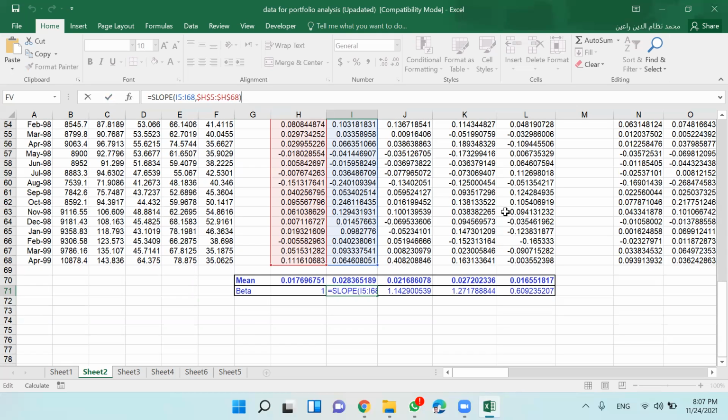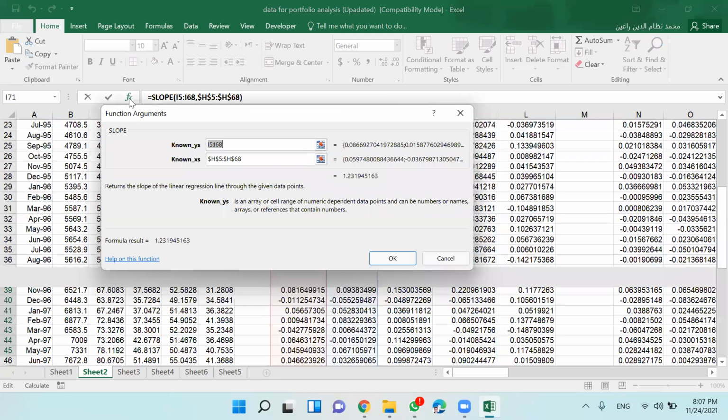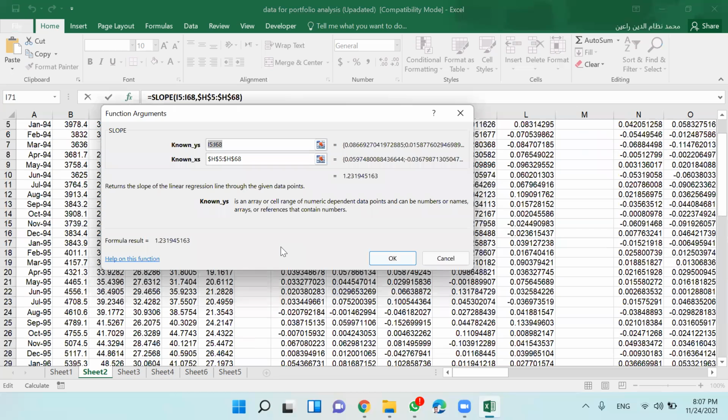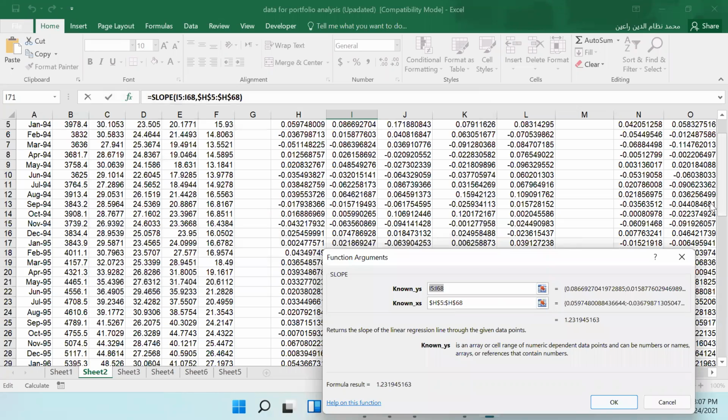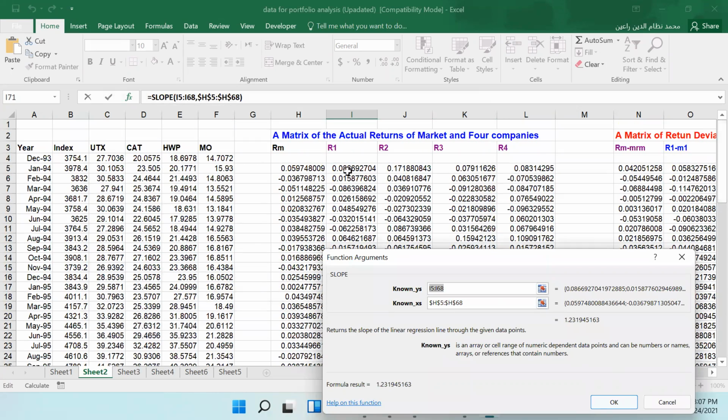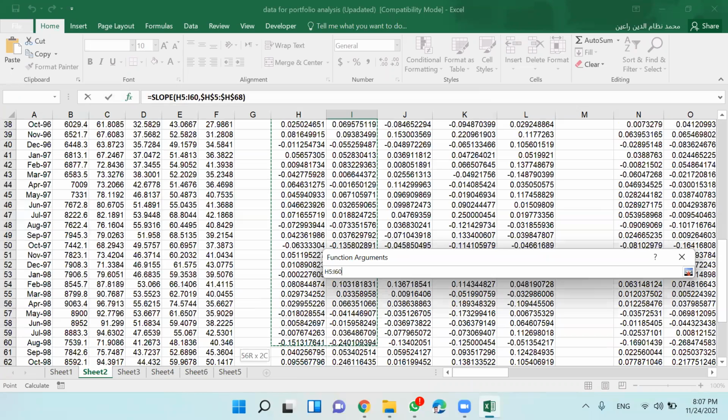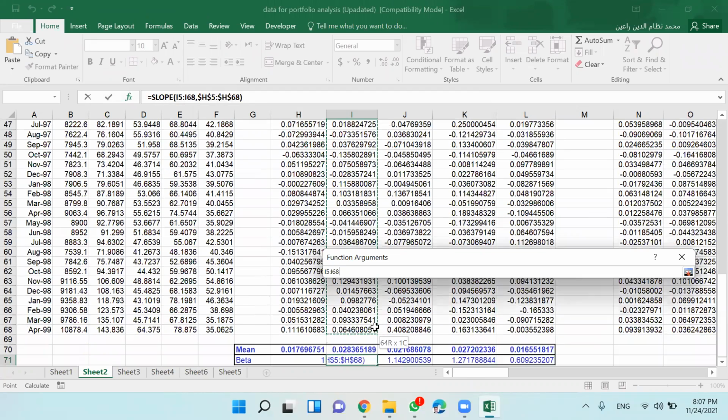If you click on fx, it gives you a dialog box. In this dialog box, it clearly shows what variables it asks for. This is the Y variable, the dependent variable, and your dependent variable is always the company whose beta you want to estimate.